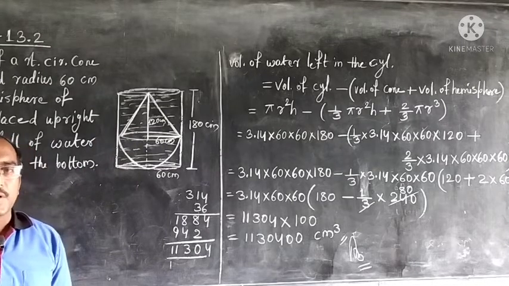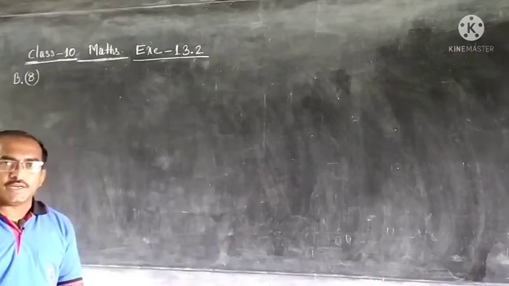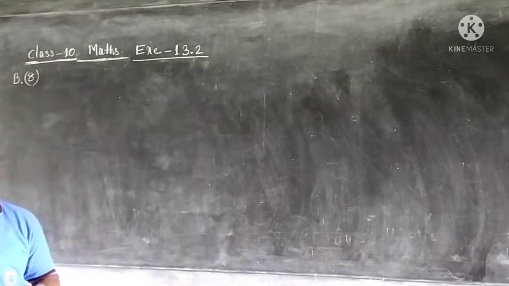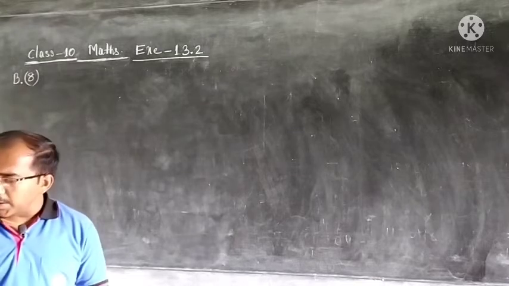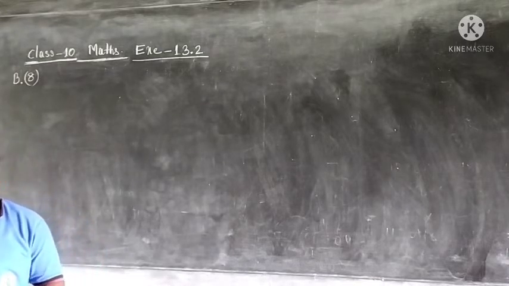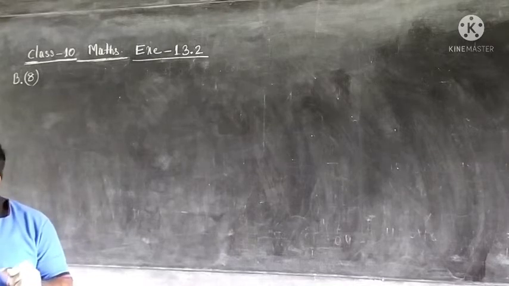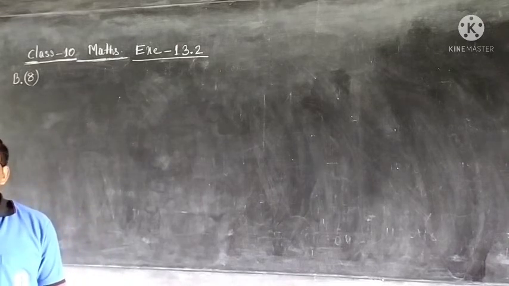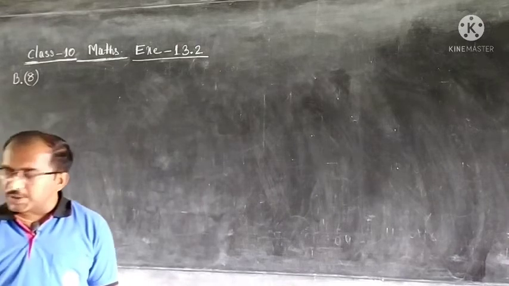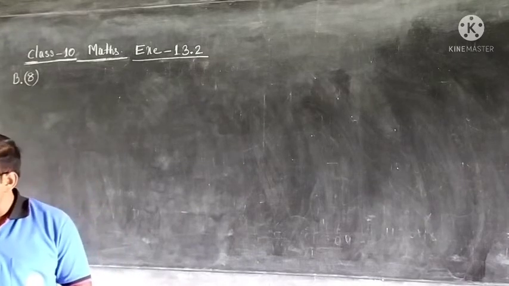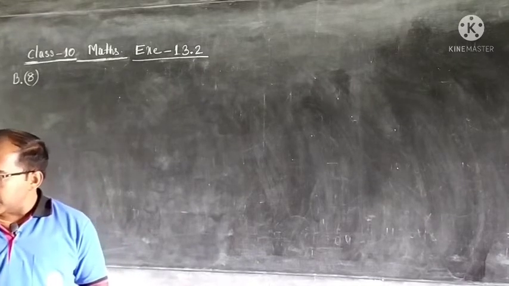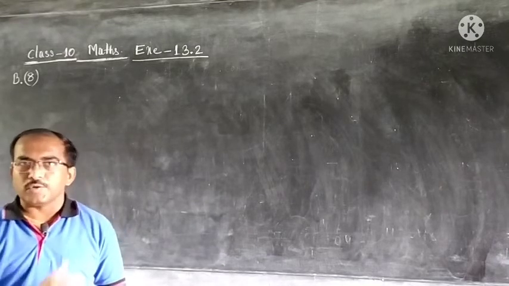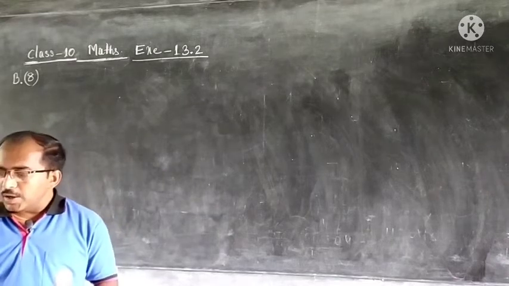We will see the last question now, question number 8 of this exercise. Question number 8 is: a spherical glass vessel has a cylindrical neck 8 centimeter long, 2 centimeter in diameter. The diameter of the spherical part is 8.5 centimeter. By measuring the amount of water it holds, a child finds its volume to be 345 centimeter cube. Check whether she is correct, taking the above as the inside measurement and pi equal to 3.14. So, we will use 3.14 as pi value.